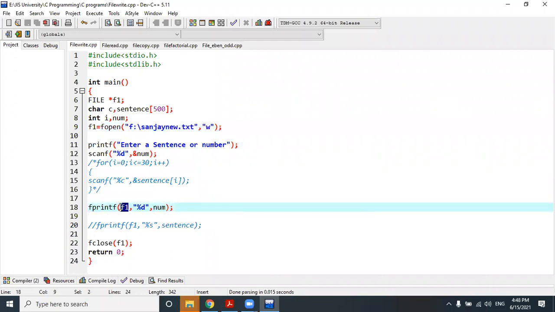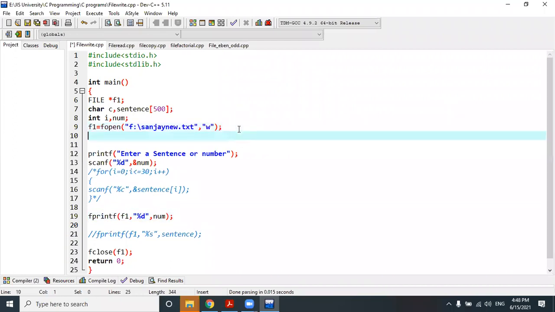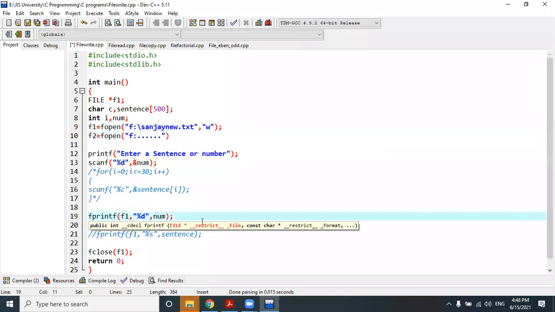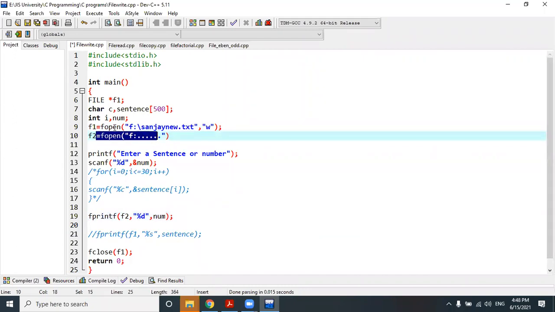Why should this f1 be mentioned here? Because here I can create another file with different name. I can open another file with different name. Is it possible, right? It is also possible. So I can create another file with different name. So here, if I mention f2 instead of f1, that means the content will be written inside this file, not this file.